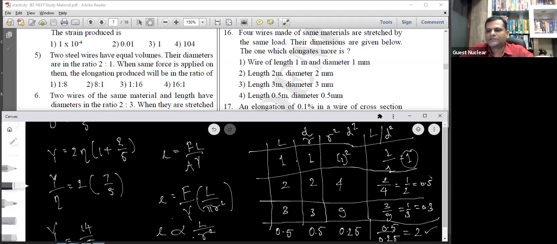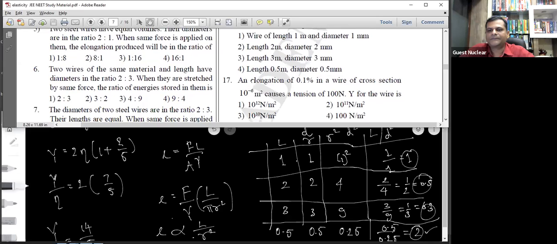तो ये 1 है यहाँ पे, इधर 0.5 है, इधर 0.3 है और इधर लास्ट में 1 है, तो ये सबसे ज्यादा हमको मिल रहा है। इसका मतलब यहाँ पे एक्सटेंशन जो है वो इस फोर्थ वायर के लिए सबसे ज्यादा होगा, समझो ठीक से।